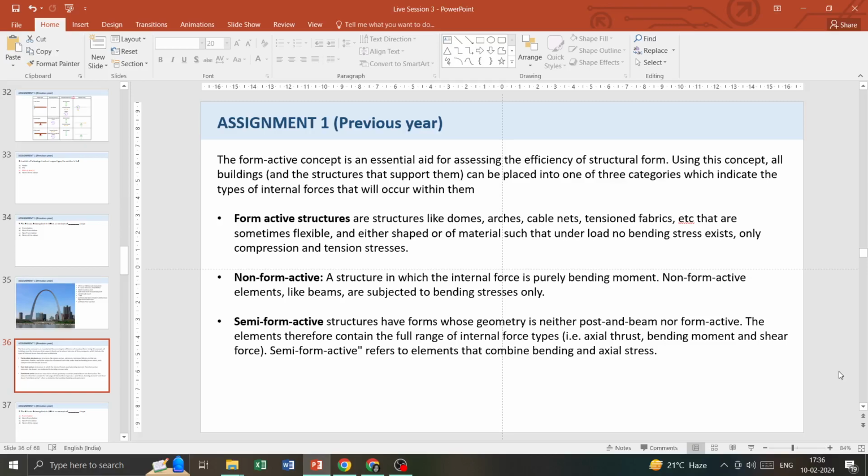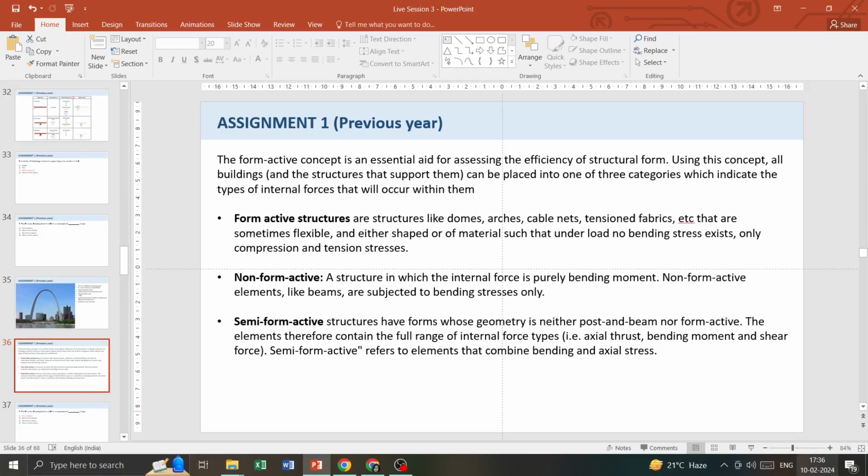So this idea basically means that there's a structure, it has a certain shape. It can be post-lintel, it can be arch, it can be some staggered structure, it can be a structure in any shape, okay? And when a load is applied on that structure, or for example the dead load itself, that structure will have some internal forces to resist that load to achieve stability. So that internal forces that occur within the structural system, it can be divided in three parts.